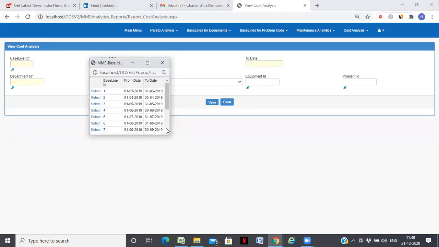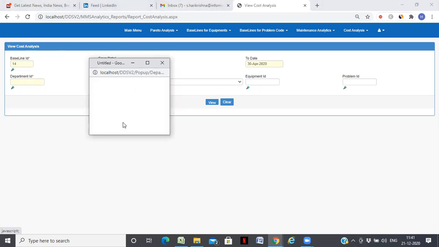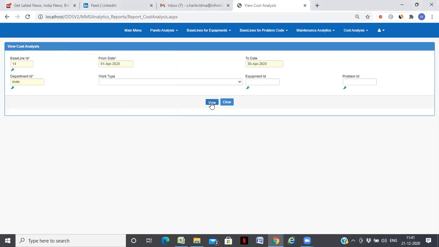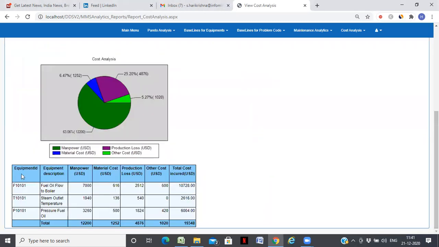So here again, you can look at various factors of the cost. You can see here basically for each equipment, what is the manpower cost, material cost, production loss, other costs, and total cost.